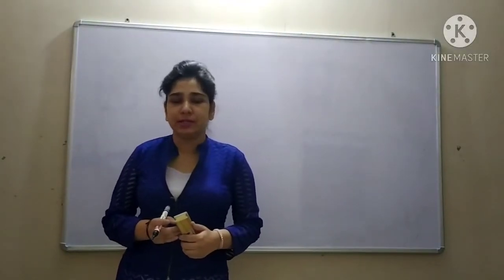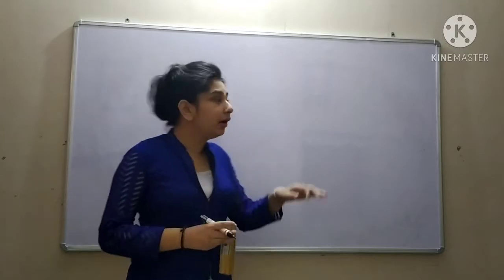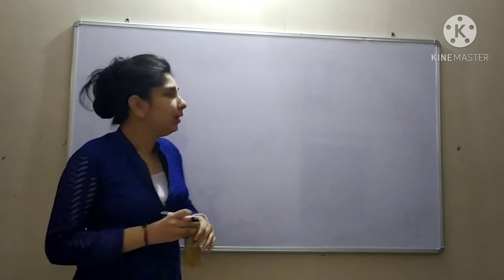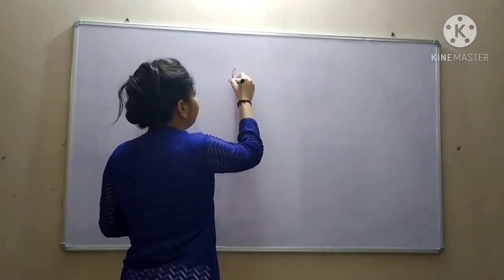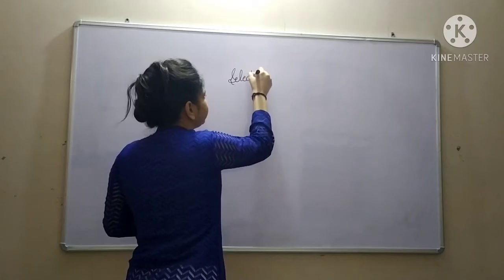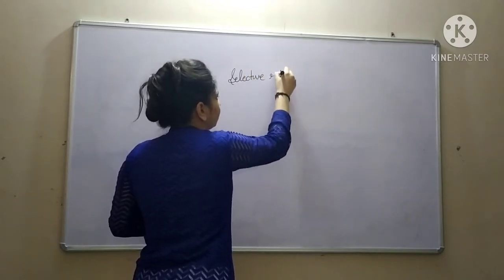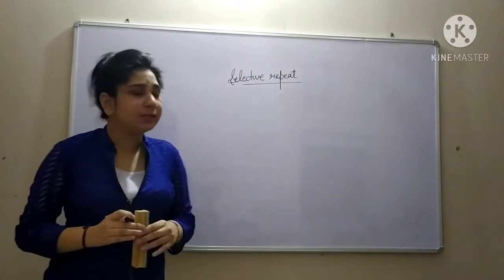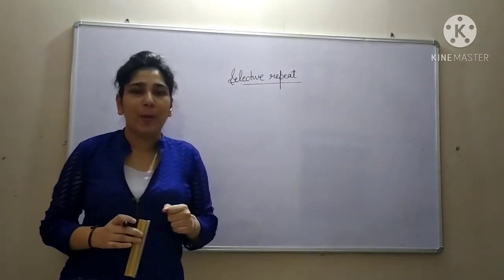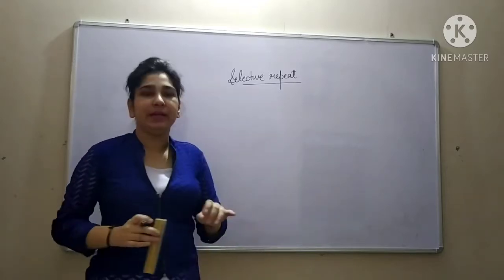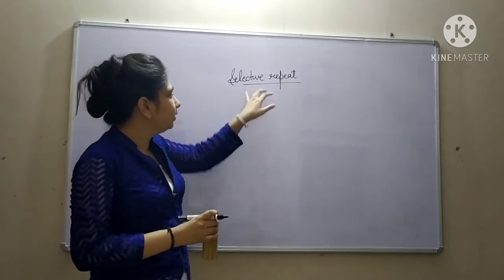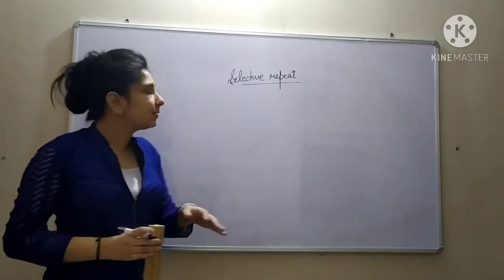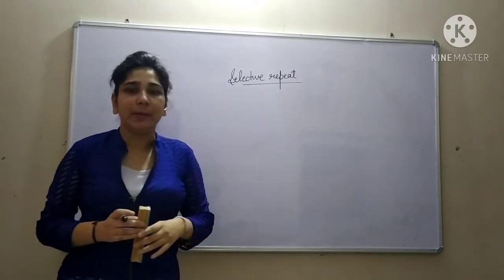So in today's lecture we are going to discuss the third flow algorithm, which is one of the sliding window protocols, that is selective repeat. Till now we have discussed stop and wait and go back N, and selective repeat is the improvement over go back N. So let's discuss what is selective repeat.